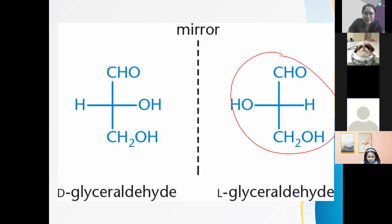Nasabtan to? Like if we take this and then isulat nato siya dire. The other one is H, the other one is OH here. Ayan, dili sila imposable. Kaya kanang naa sa tunga, OH and H, baliktad ang ilahang position. Pero mirror image sila. Meaning pag ibutang nimo sila sa mirror, parehas sila. Dili lang sila imposable. Ang tawag nato ana